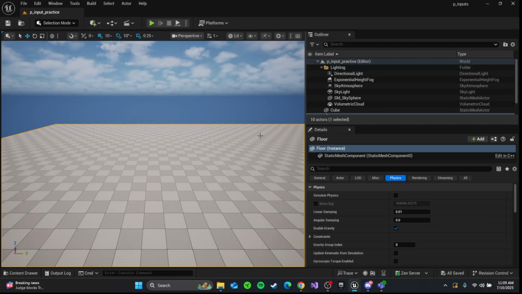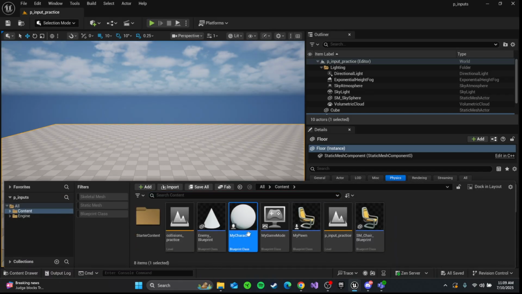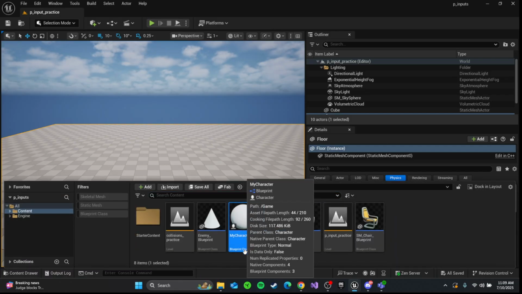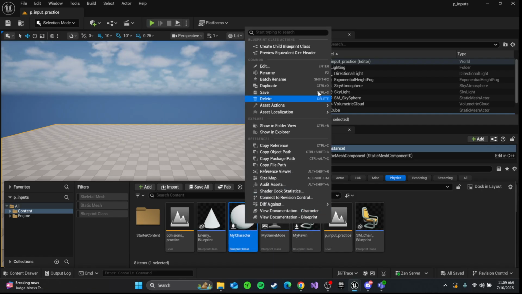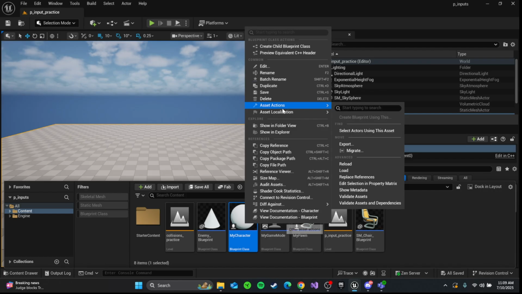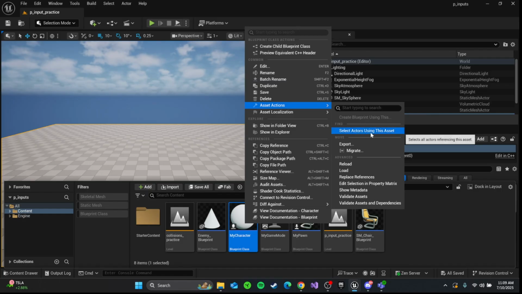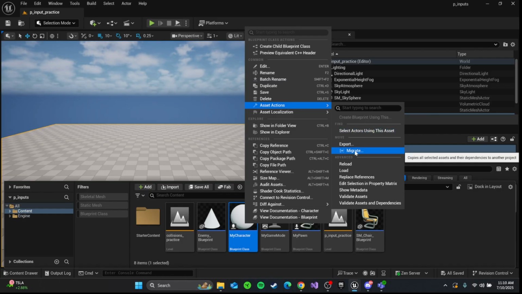Okay, so how to do that? Go to your content drawer, wherever your project with the movable character is, and you should have this one here, right? My character. So you're gonna right click on my character. Now go to Asset Actions. Maybe if your version is different, it might look different, but for mine, it says Asset Actions. Then you're gonna go on Migrate, this one right here,